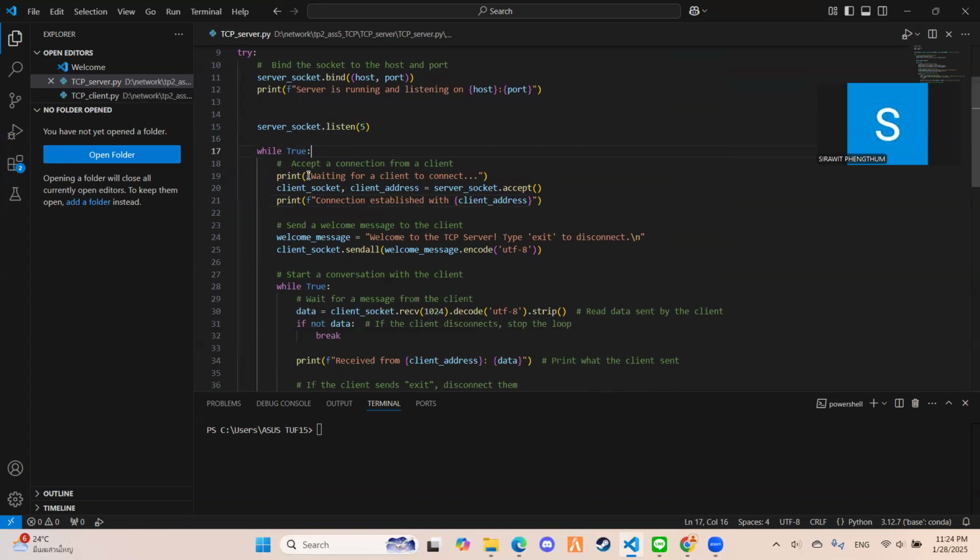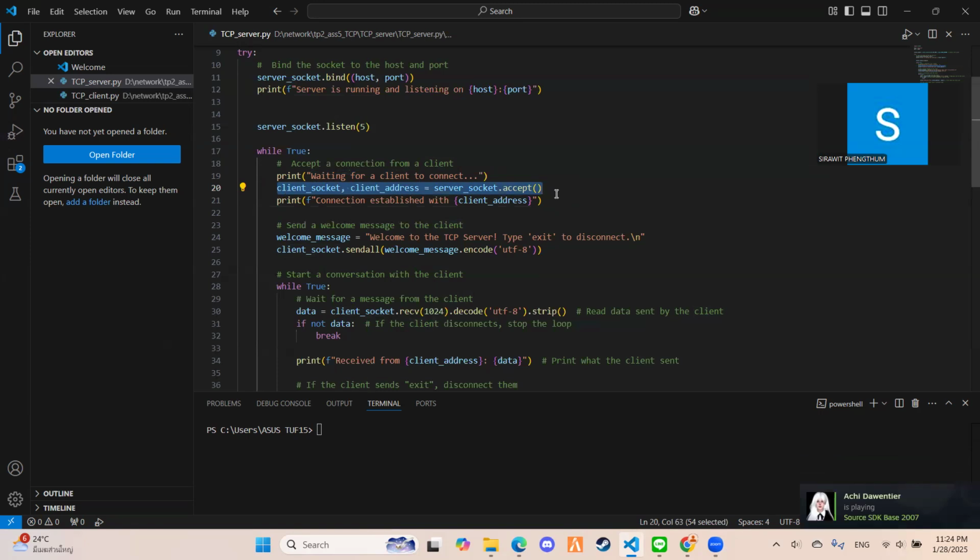Before connecting, it will show that it is waiting for a client to connect, and I will write the accept function to connect the client socket and the IP address of the client